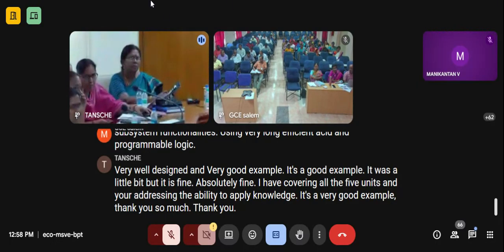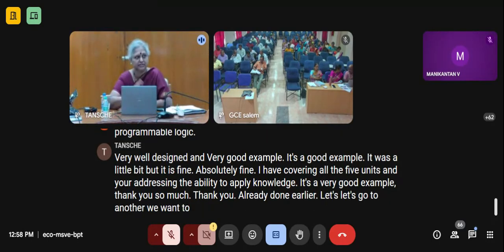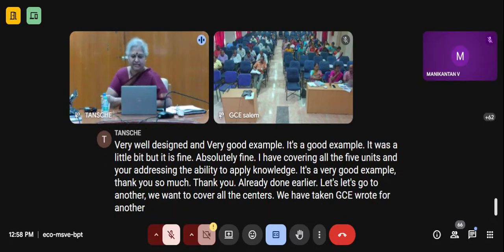GC, they have already done earlier. Let's go to another. We want to cover all the centers. Okay. We have taken GC Road for another PO earlier. So